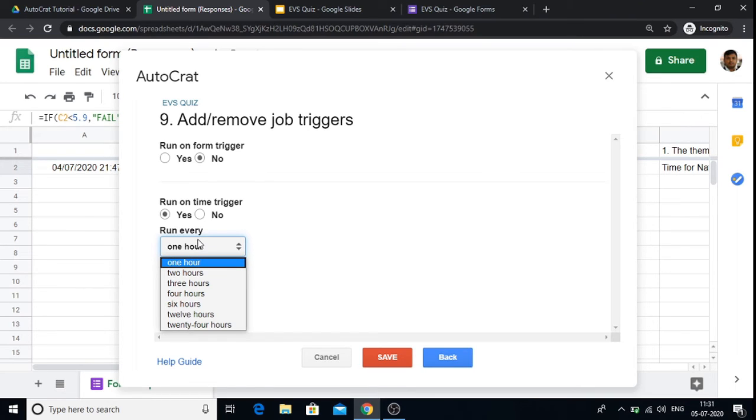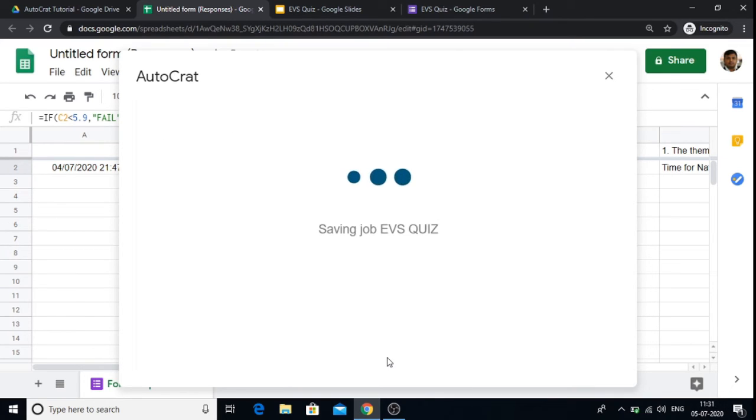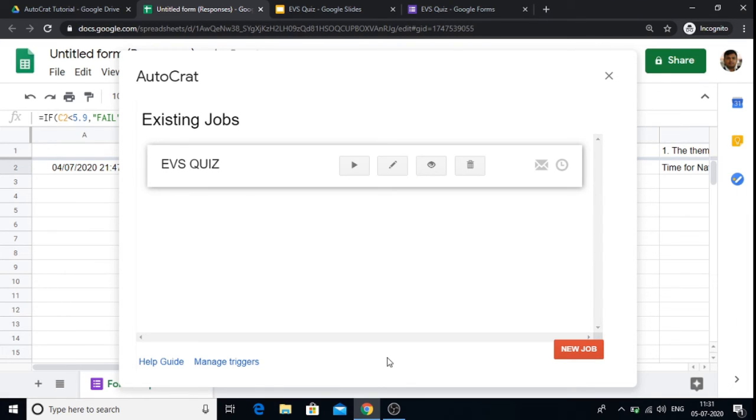Here I have chosen a 1 hour time interval to send or share the certificates to those who have qualified the quiz, and click on the save button. Our add-on is ready.